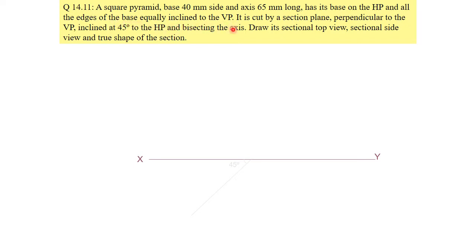The edges of the base are equally inclined to the vertical plane. Equally inclined means making 45 degree. So this is 40 mm, inclined 45 degree, and do all this as I am doing. All the edges are 45 degree inclined with the vertical plane,